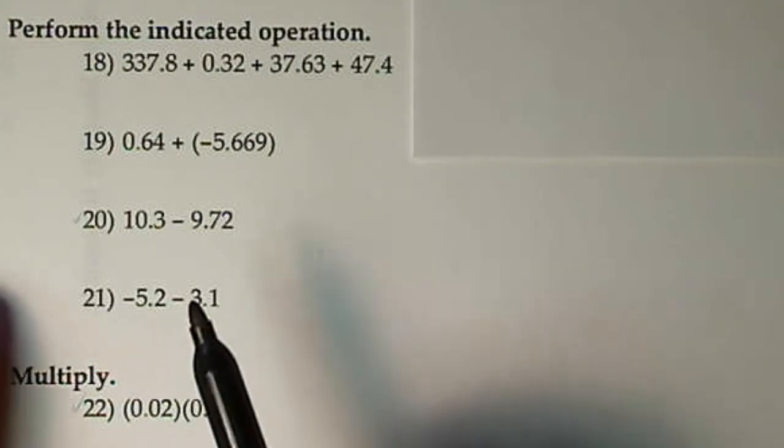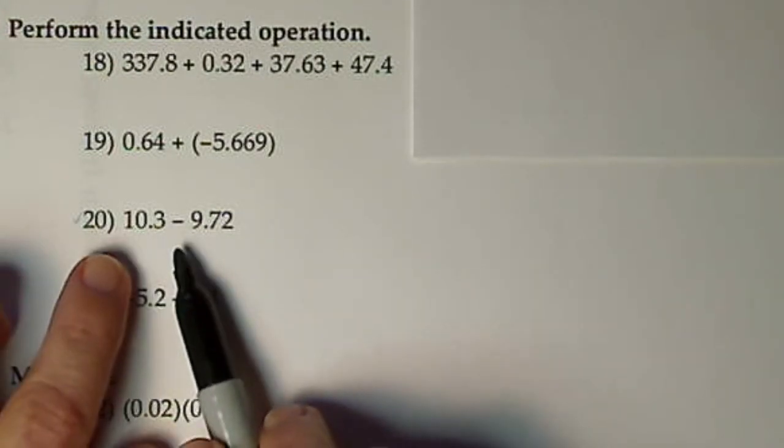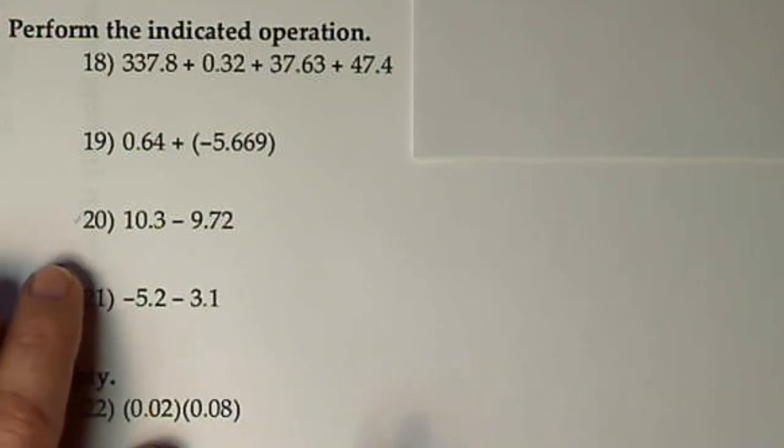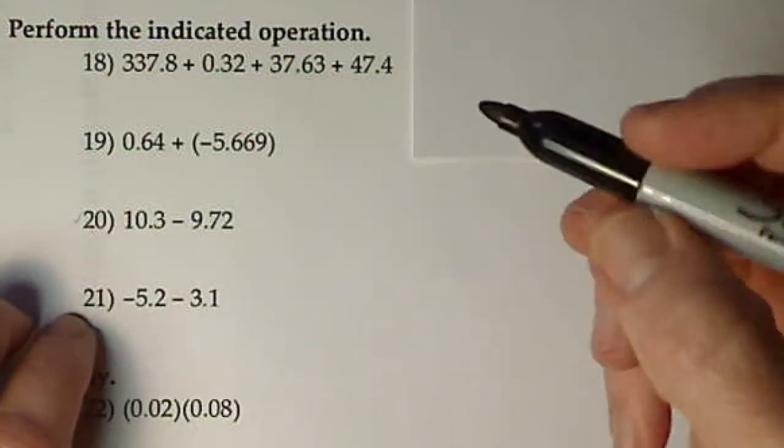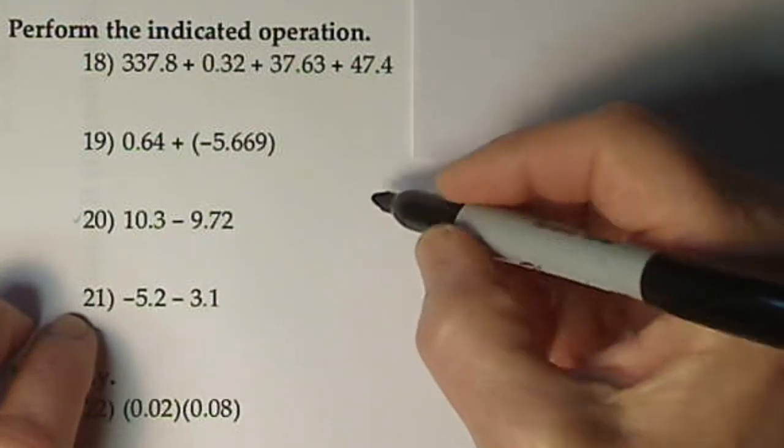All right, for 18 through 21, they want us to perform the indicated operation. So looking at number 20 here, the signs are different. So we'll subtract. We'll keep the sign of the larger, so the answer will be positive. And when you subtract, you always have to put the larger number on top. So let's see, we've got